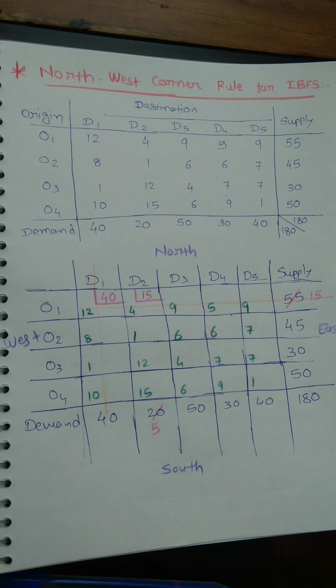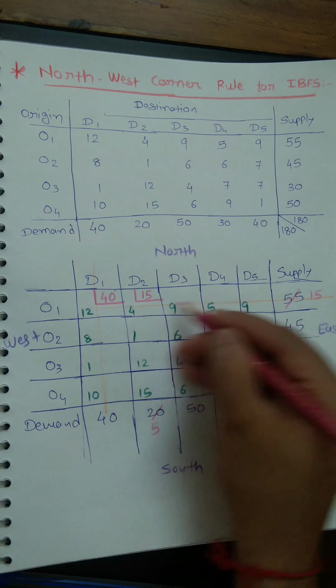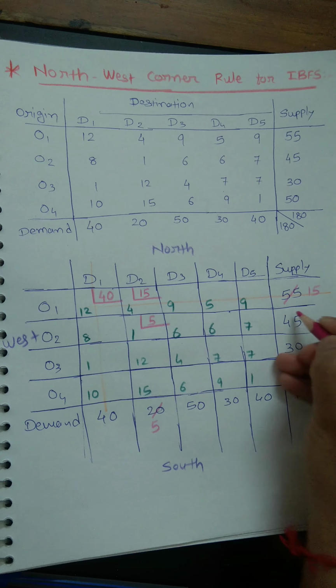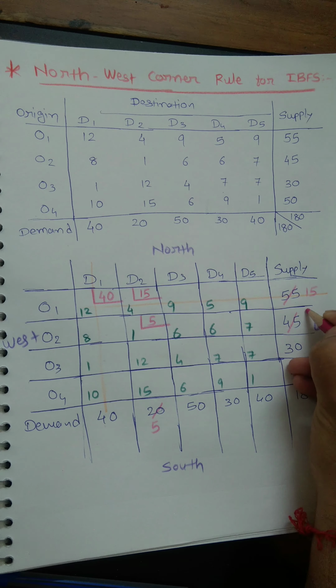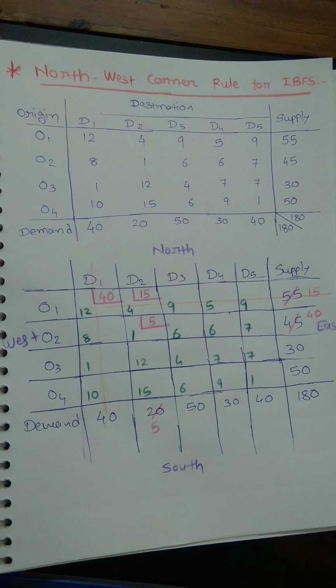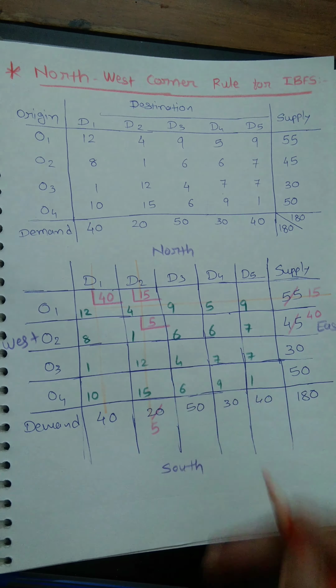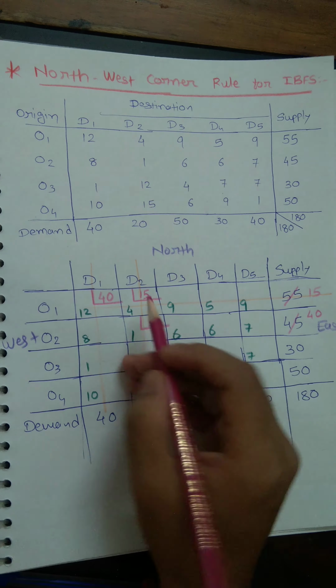Now move in the downward direction, because this is not the available direction, right? So in this cell I will allocate, check again, 5 and 45, lesser is 5, so I will allocate 5 over here, and if I do 45 minus 5, that will become 40, so I'll write 40 over here. And technically this is now exhausted, so we will cancel this out. I hope you got the idea of what we need to do.